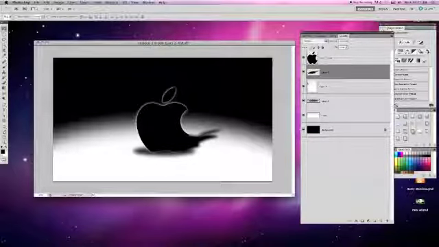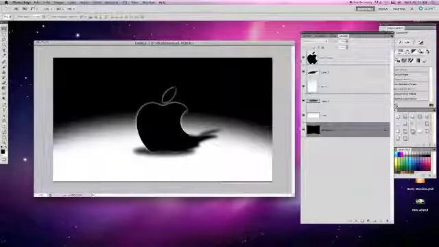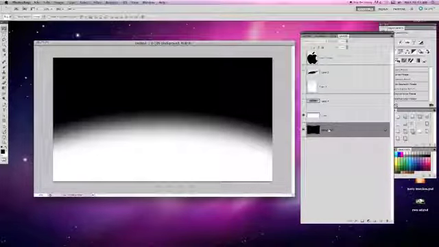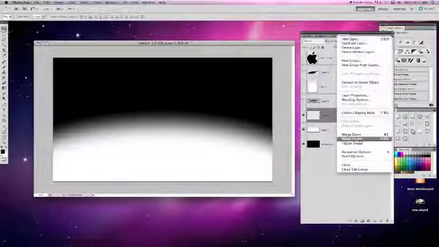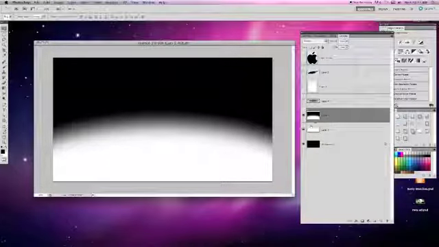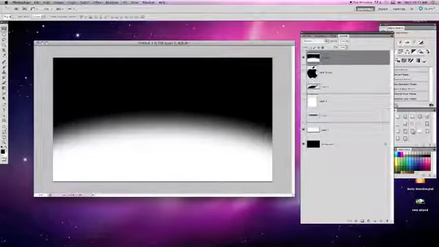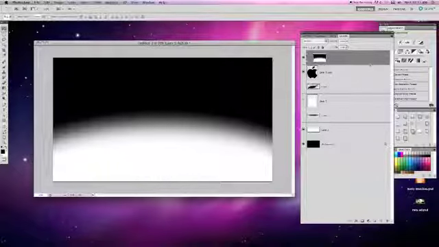What else do we have to do? We have to use the background because I want this background, this white arc, to reflect the front of the arc in the apple. So I'm going to take those two. Actually, let's turn off every layer except the white and the black. And on a layer above that, a brand new layer, I am going to hold down my Alt key, hit this flyout up here, and hit Merge Visible, and that will merge those two layers onto one. And if I drag that to the top and hold down my Alt key again, I'm going to clip it to the black apple just like that,